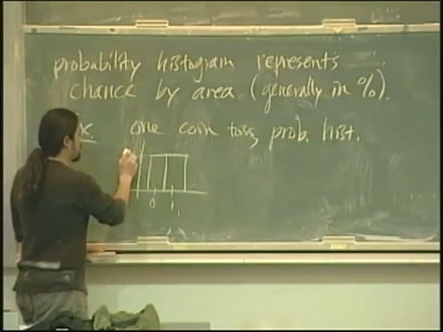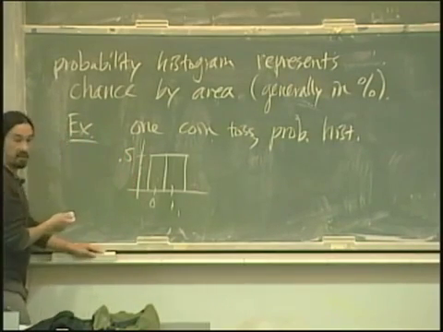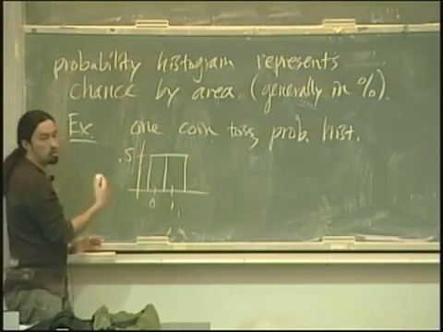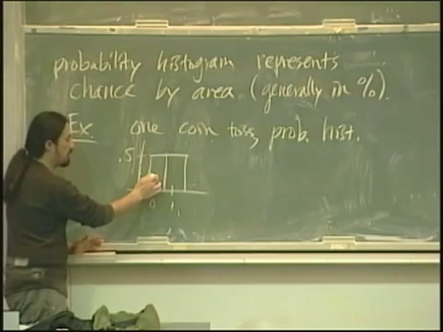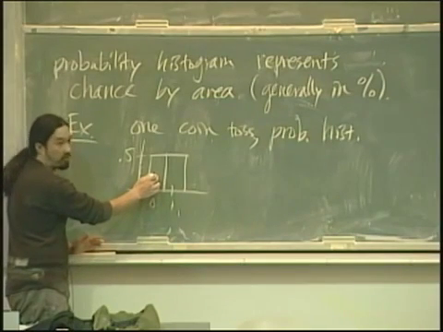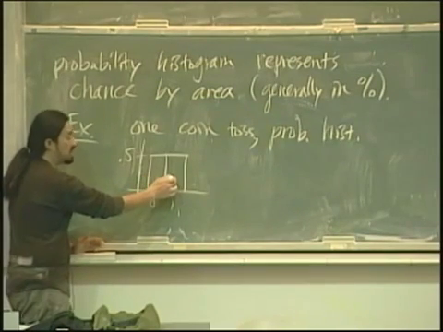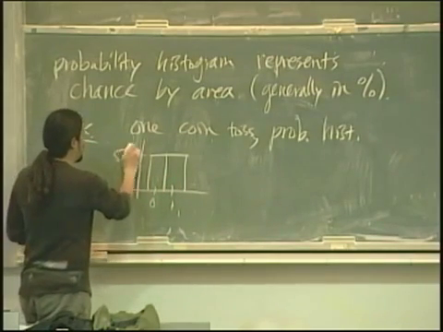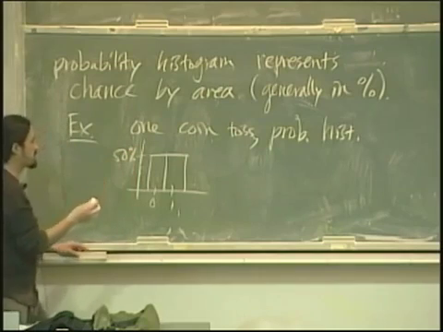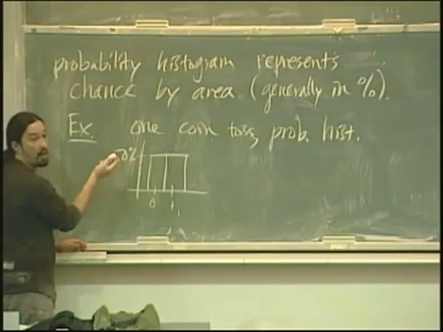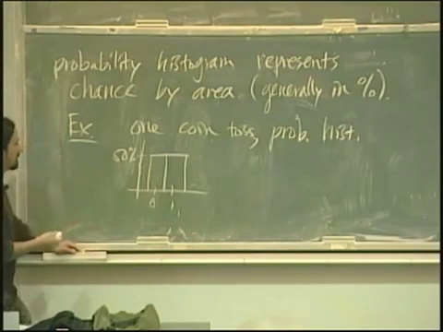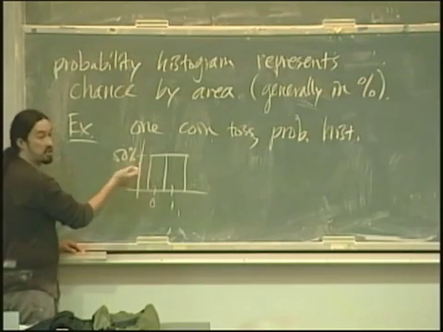thinking about chance in percentage terms, you'll see things like this. That just means, you know, this area still represents chance, but it's the usual way we think about chance. The area of this bar is 0.5, meaning the chance of tails is 0.5. The area of this bar is 0.5, meaning the chance of heads is 0.5. Okay, so you know, you can think about chance in either percentage terms or not. To be consistent with the regular histogram, the book will do it this way. But you know, the other thing is pretty common to think about the chance as a fraction.